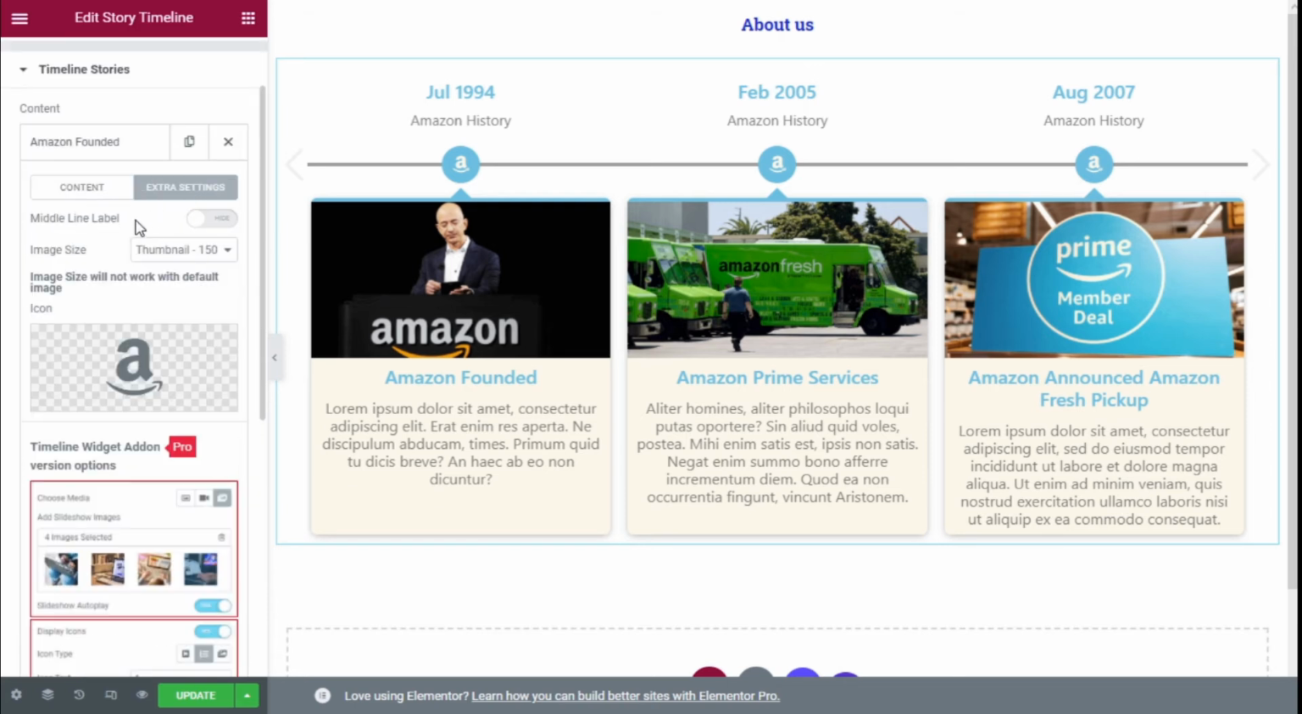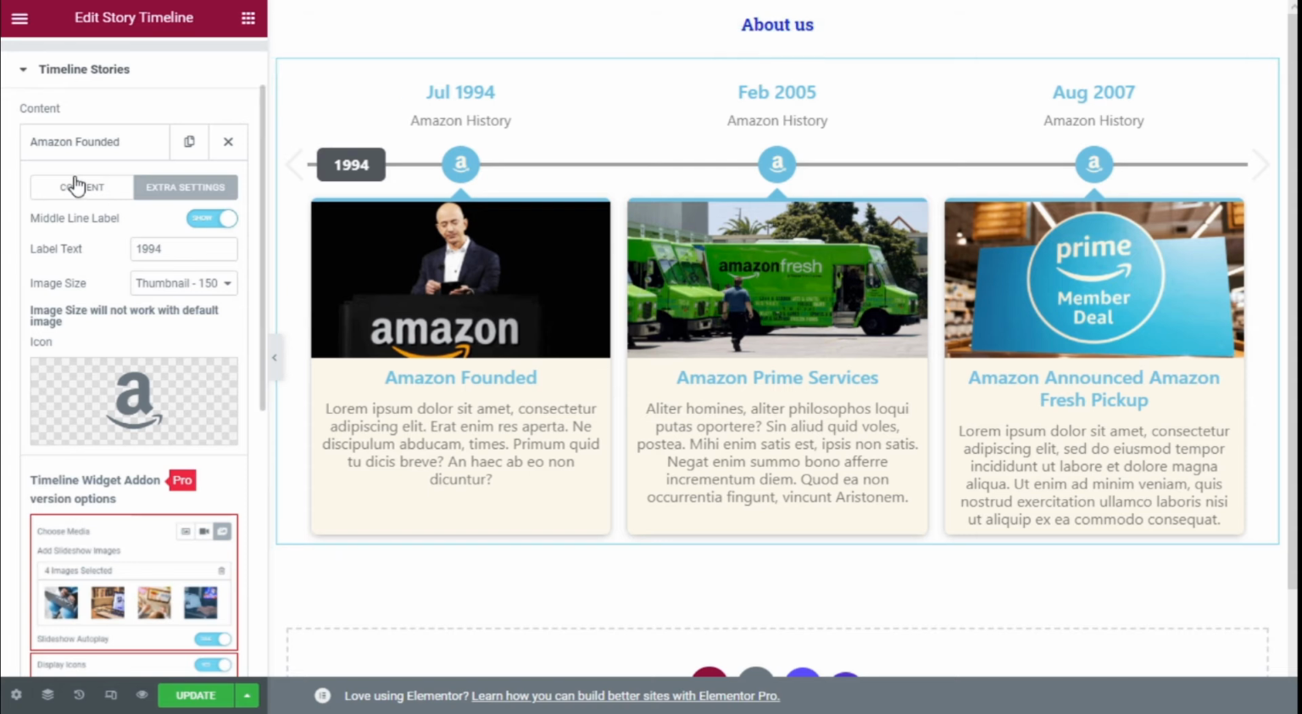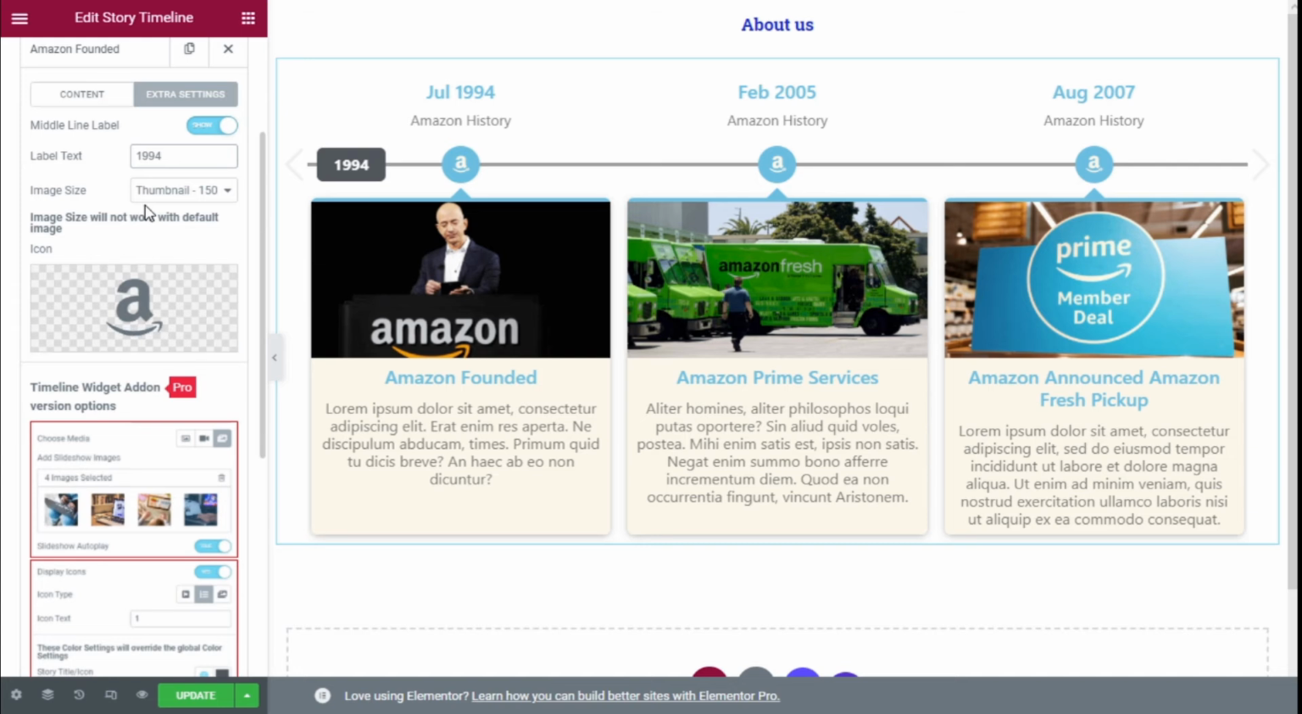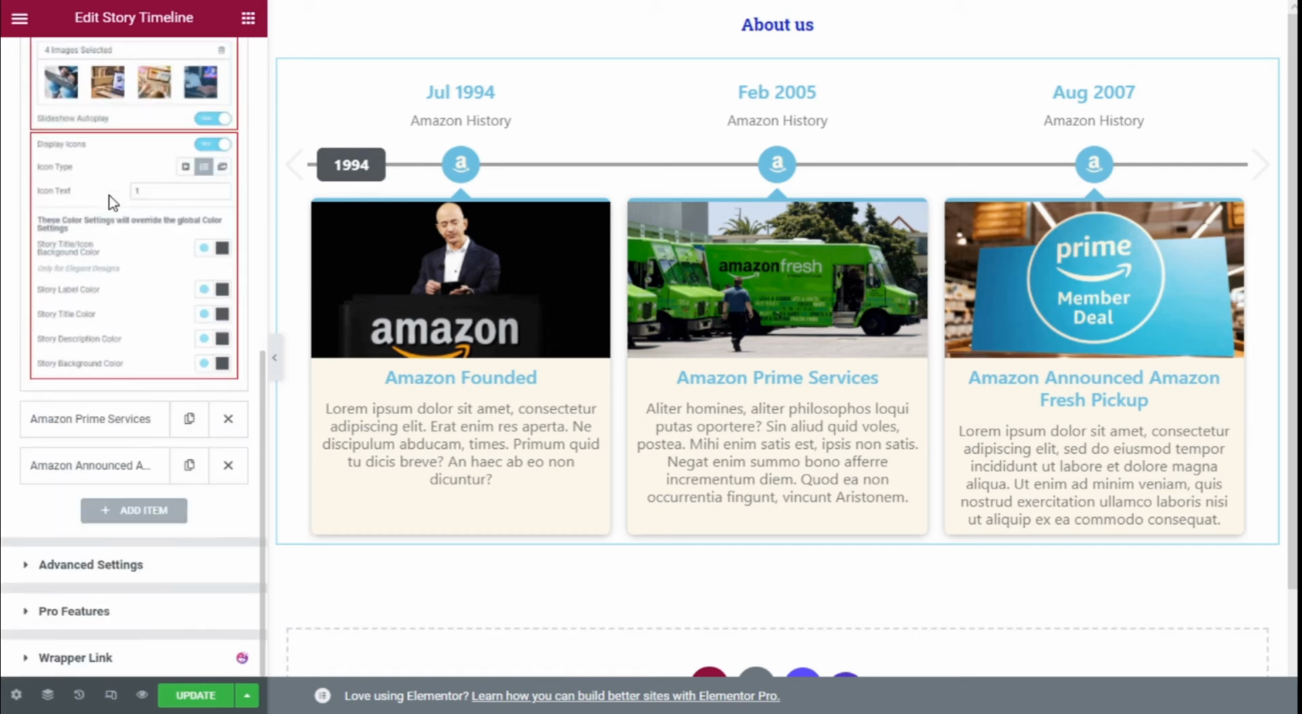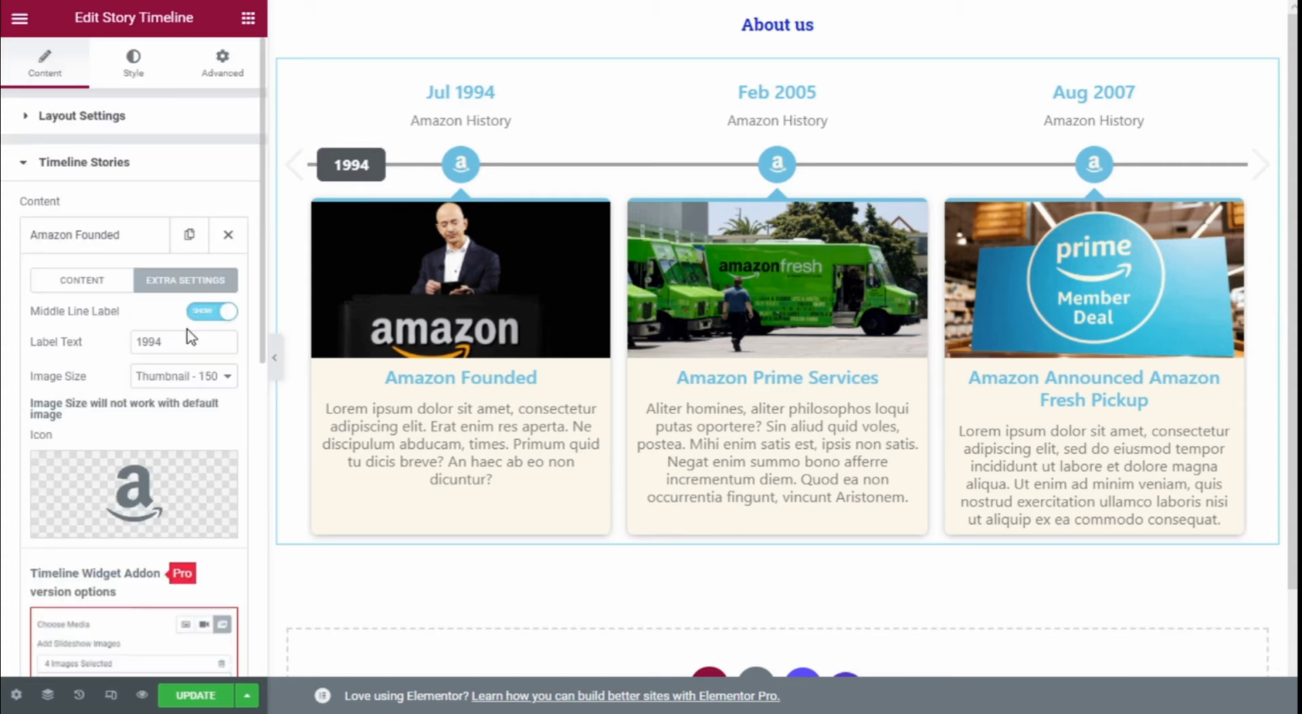We also have the extra settings, and we can select to show the middle line label, which is this one. As you can see, it shows the date. I'm sorry, it's this one right here, label text, and it shows the date. In this case, we can select the size of the icon. We can change it on the icon library, which is this one right here. We have a few sizes. We can use a custom size,